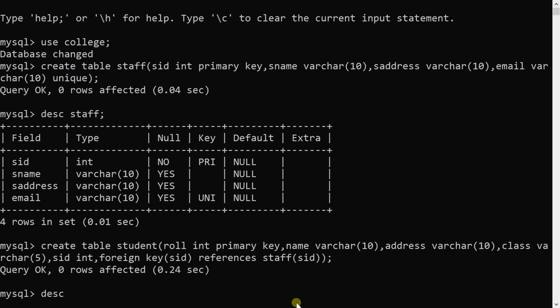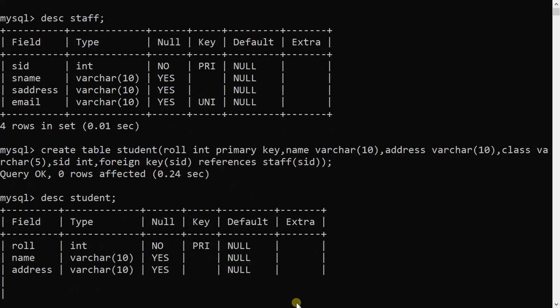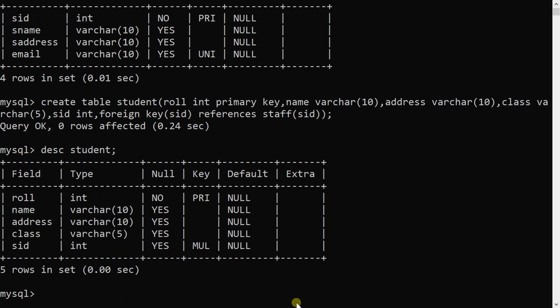If I describe this table, I can see the structure and all attributes of the student table. Role is an integer data type acting as the primary key. Name, address, phone number, and SID is a multiple key, which is nothing but my foreign key referring to the staff table.